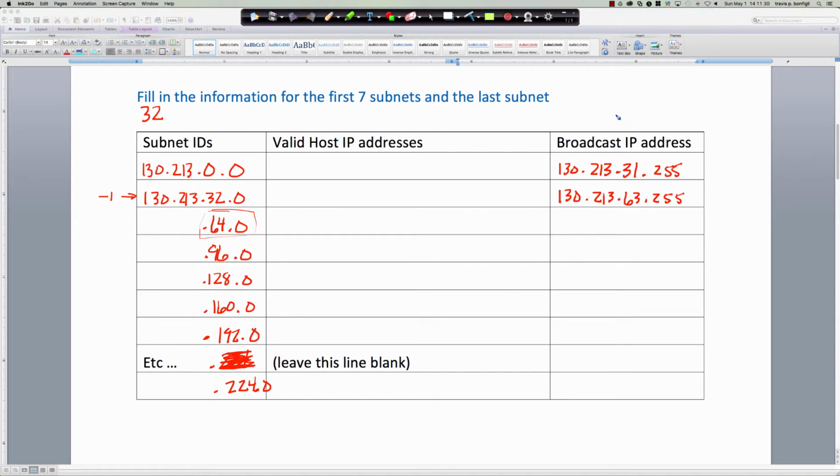63.255. And remember, the broadcast address is always going to be odd, right? That 255, it's always going to be odd. The subnet ID is always going to be even. We can see even numbers all the way down, right? So then for 64, it would be 130.213.95.255.255. And then we've got